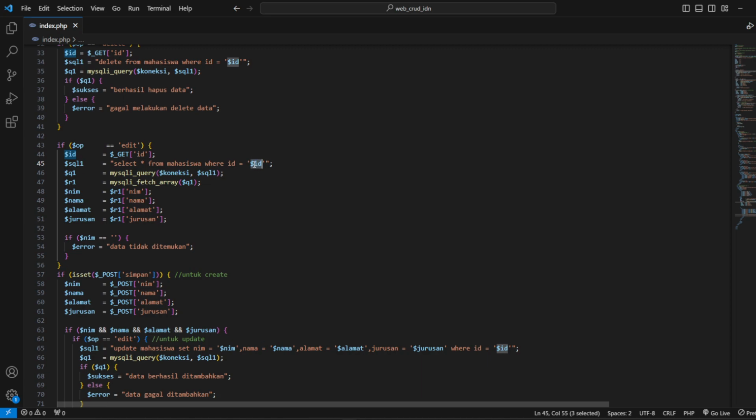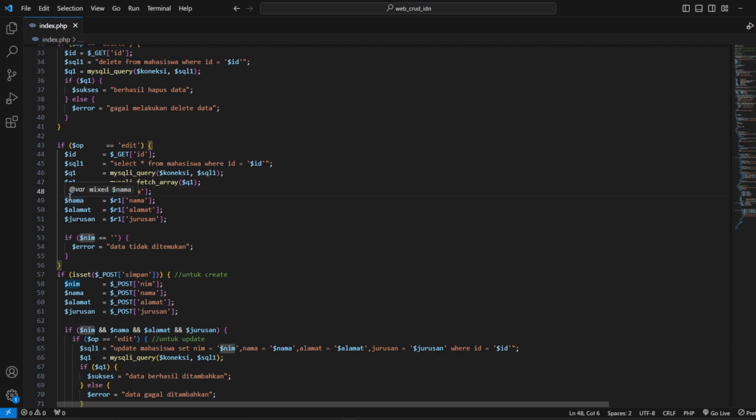You get it? So this id is from the variable super global GET by id, like that. We'll get it like this, and this is q1 and r1, same as before.